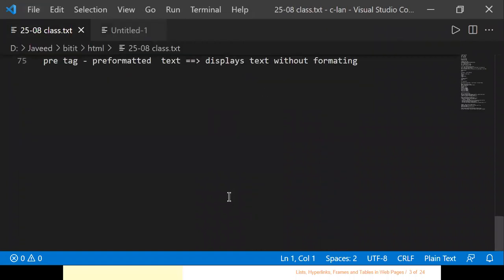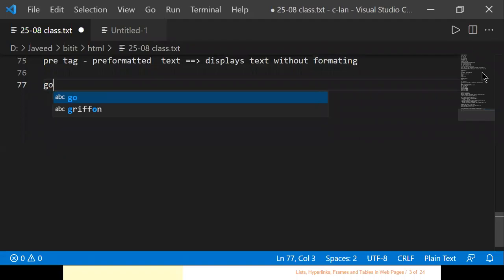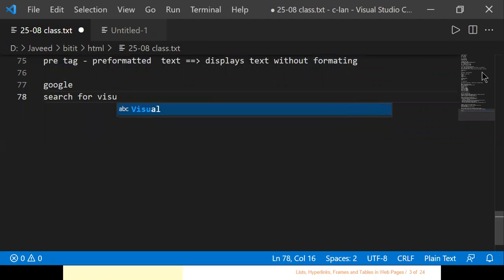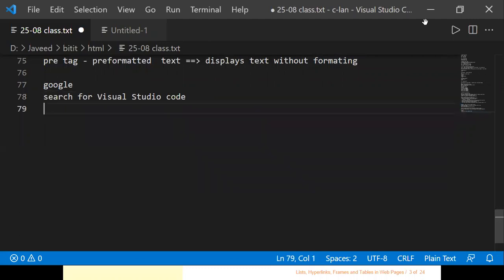So go to Google, search for Visual Studio Code, and then you'll be able to download the Visual Studio Code software.